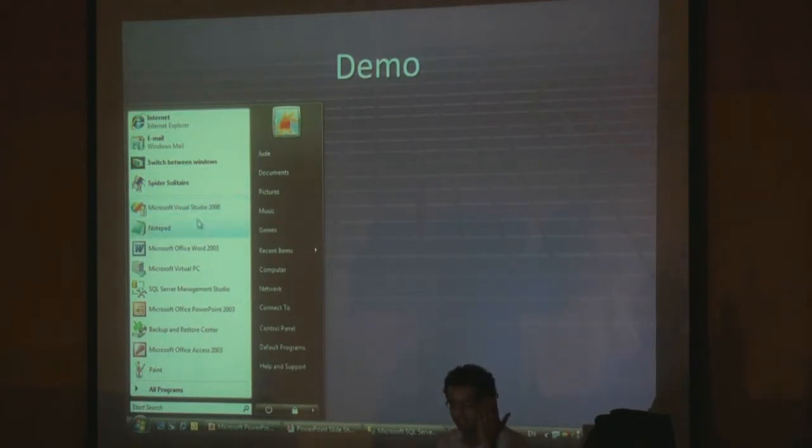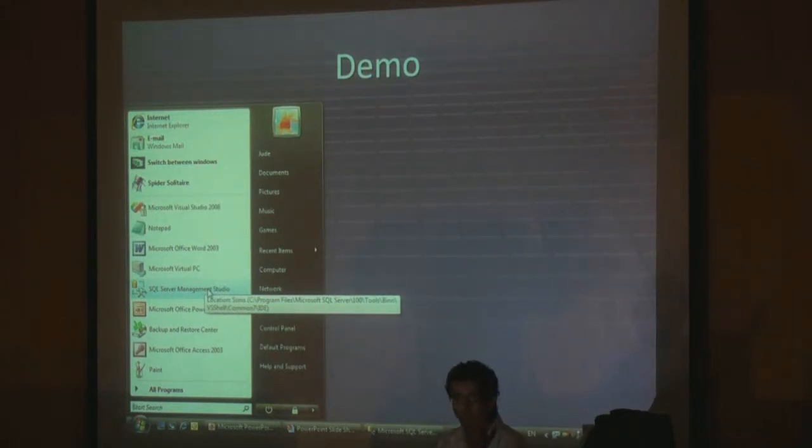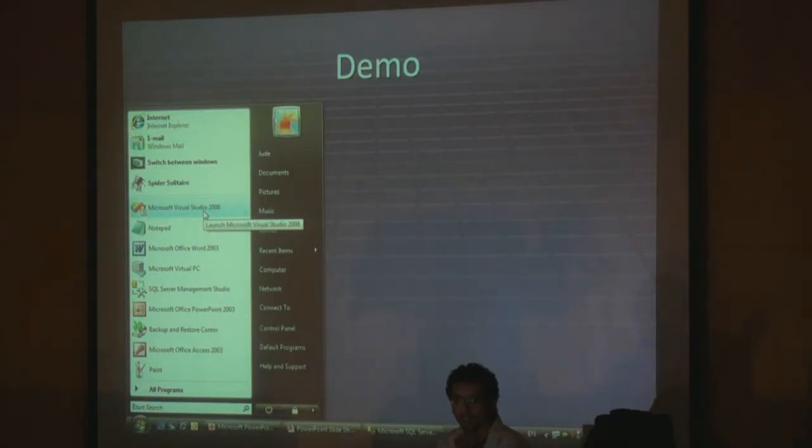Either through SQL Server Management Studio, but I don't really recommend it because Visual Studio is more powerful. So you can easily use Visual Studio. Once you get to the demo,